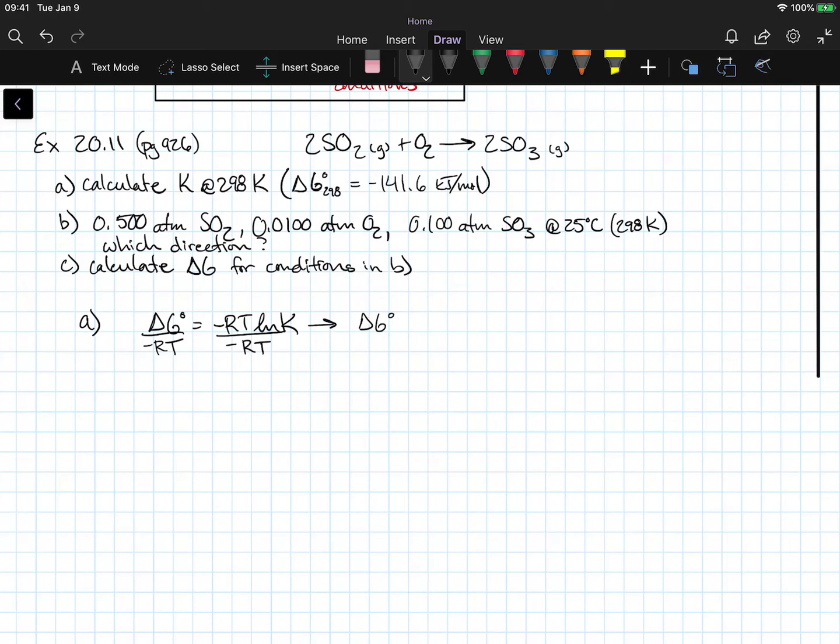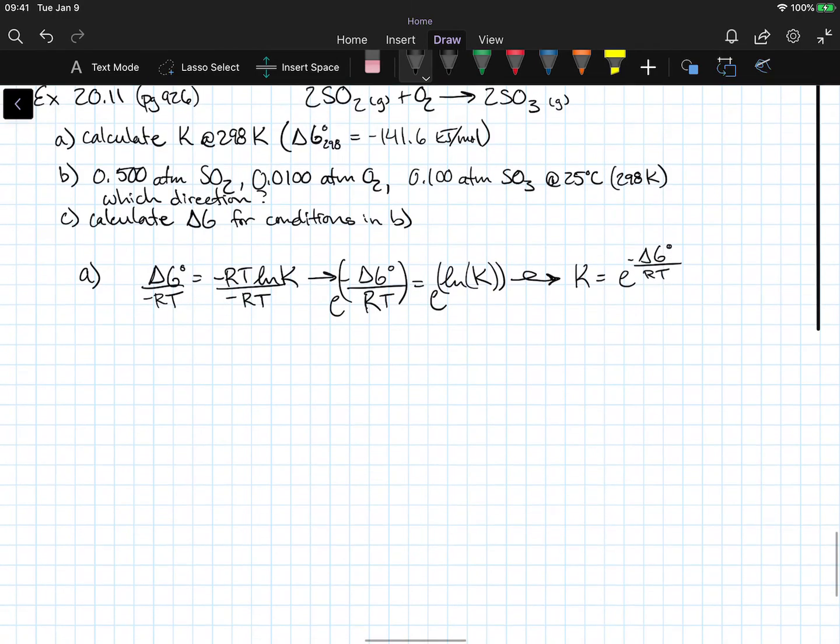So now I have delta G naught divided by negative RT is equal to ln K. And to get rid of that natural log, and actually let's move this negative sign up, it doesn't matter, it's all negative. To get rid of the natural log, we raise both sides to the e. So we end up finally with, I'm going to rewrite this really quickly, K is equal to e to the negative delta G naught over RT. So just plugging some of these values in, we have K is equal to e, and I of course did not give myself enough room. Let's move that down. This is going to be negative, and give yourself plenty of room here, negative